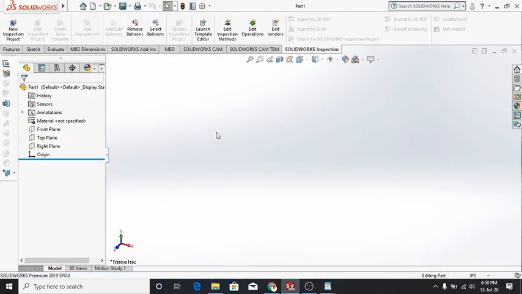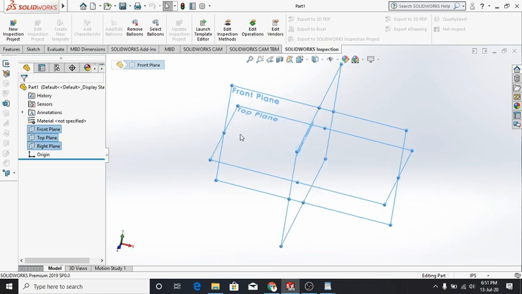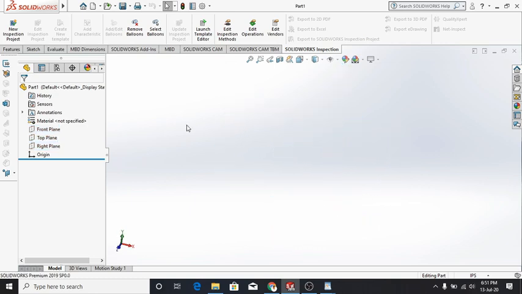In making a Baja roll cage, we have to consider these three planes very carefully: the front, top and right, as I have already told you in previous videos of my channel. The main thing we are going to consider is the planes, the way we have to build the Baja.